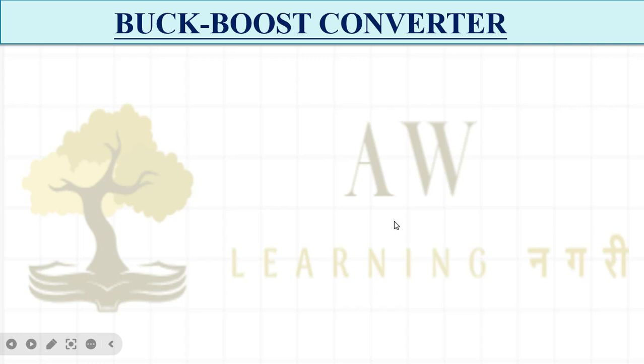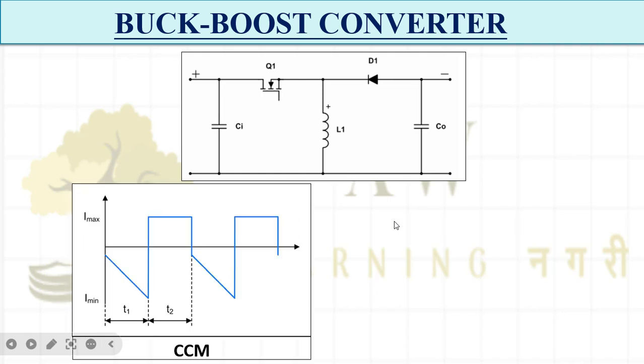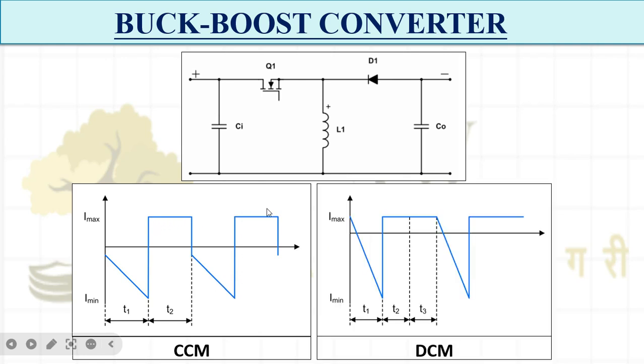Now the same thing for the buck boost converter. Before going further in this video, you should think about what exactly the behavior should be. I will show you, no worries. So let us see the behavior. When the switch is on, again the current is decreasing in nature. When the switch is off and the diode is working, that time it will hold some maximum value, and again the same thing. It is just like the buck converter we have seen, and when it is in the case of DCM, it has the same kind of behavior. So this is about the input capacitor current behavior.